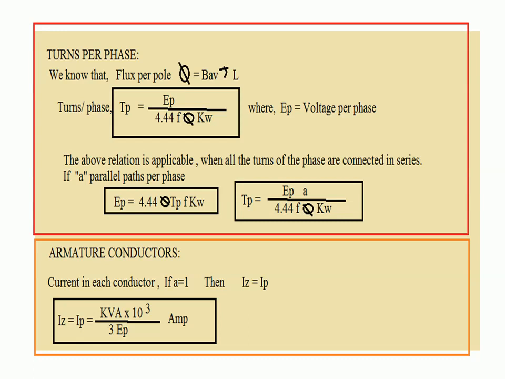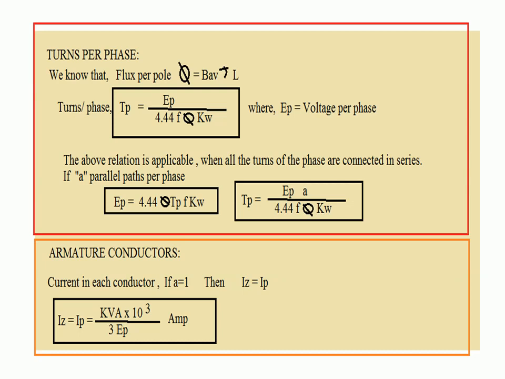This above expression is if the number of parallel paths is 1. If the number of parallel paths is more, for example, A is the number of parallel paths, then